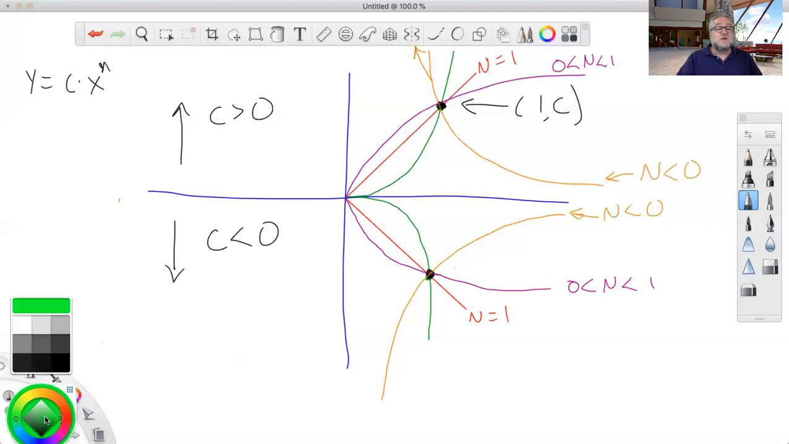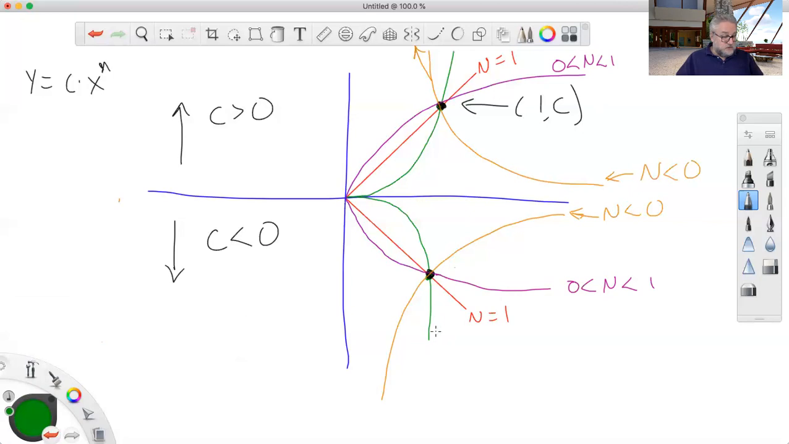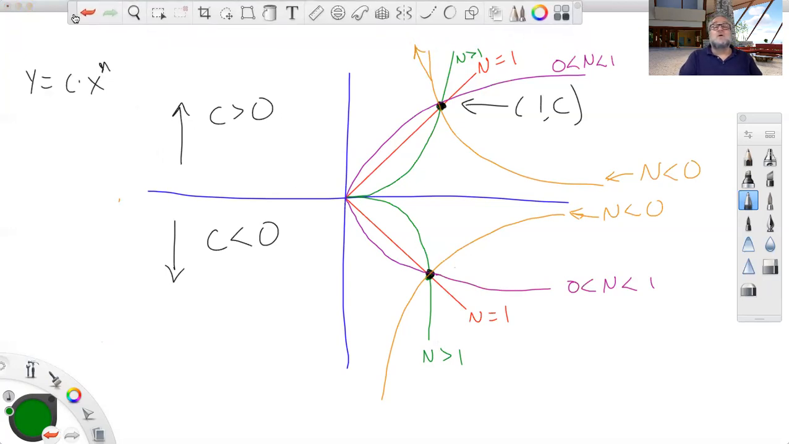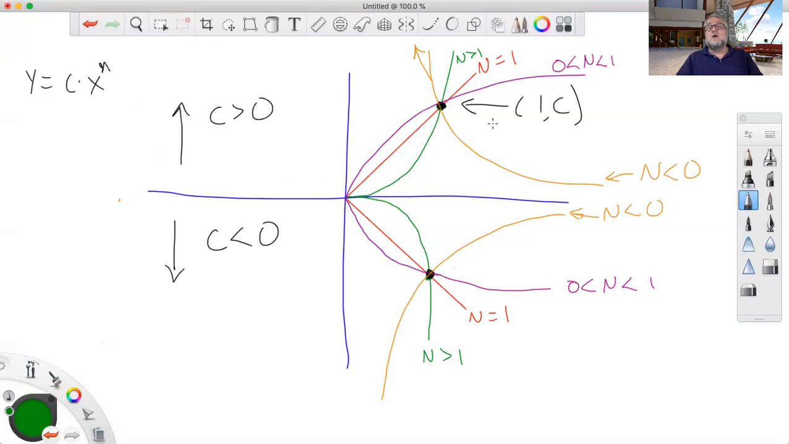And lastly, for the green curve, this is for n greater than 1. So that's for x squared, x cubed, x to the 4th. The exponent on it is greater than 1. Okay? So these are what our curves look like. And we need to keep track of what happens when n is greater than 1, when n is equal to 1,